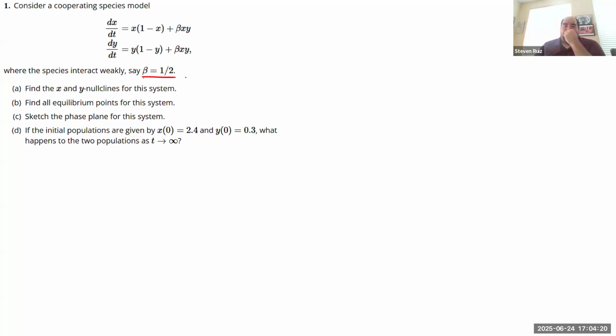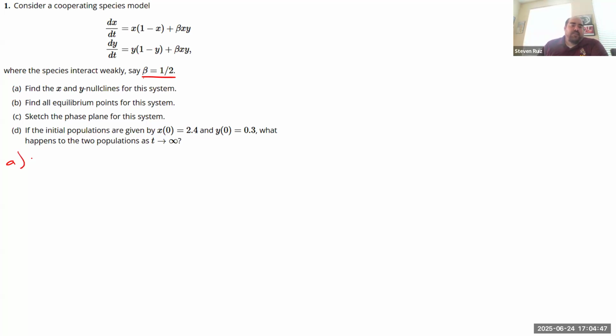So we're told to set beta equal to 1/2. The first thing I want to do is find the nullclines. So what is a nullcline? It's related to equilibrium. But basically an x nullcline is where dx/dt will be equal to 0. A y nullcline will be where dy/dt is equal to 0. So we can go ahead and look at these